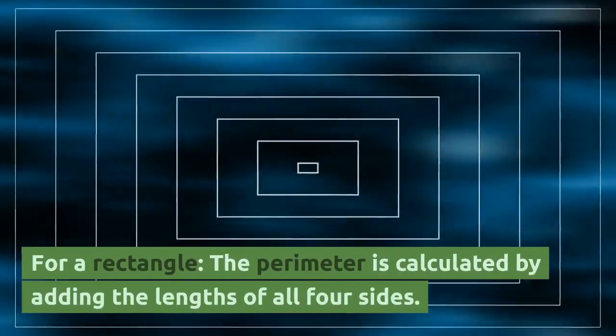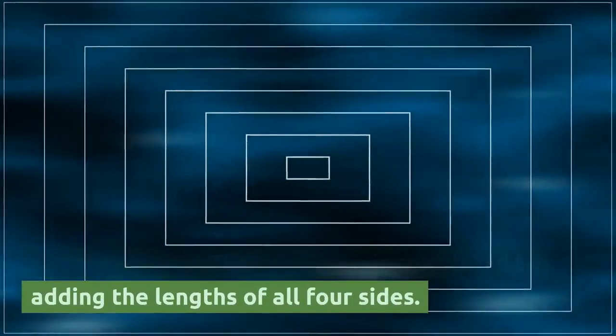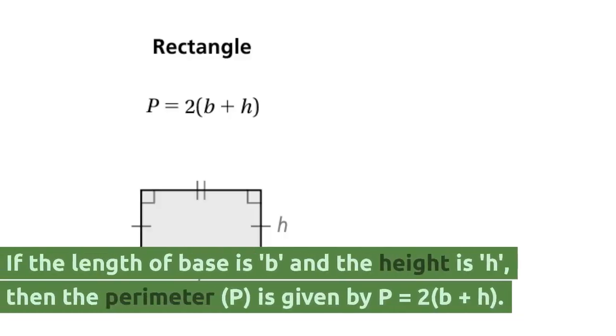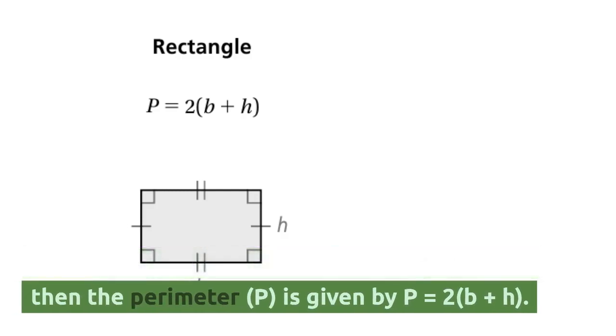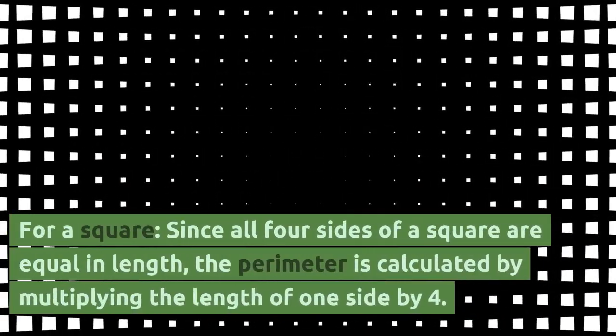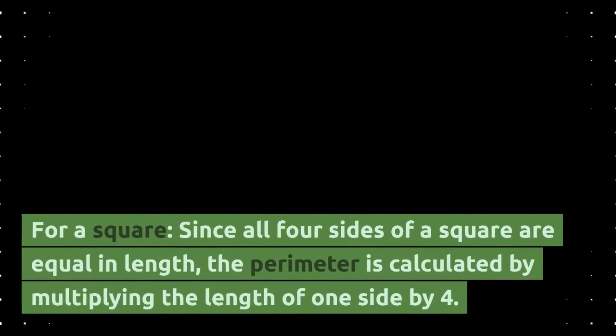For a rectangle, the perimeter is calculated by adding the lengths of all four sides. If the length of the base is b and the height is h, then the perimeter, p, is given by p equals 2(b plus h). For a square, since all four sides of a square are equal in length, the perimeter